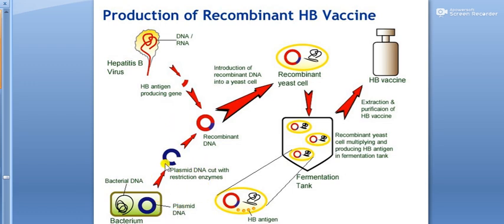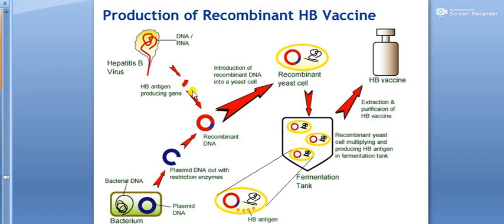So these plasmids are used as vectors. Then we need to cut the particular sequence of nucleotides which contains the desired DNA, which is responsible for the hepatitis B disease, right? So by the restriction endonuclease we cut the desired genes from the hepatitis B viral DNA, and with the help of the same restriction endonuclease, we cut the vector plasmids.